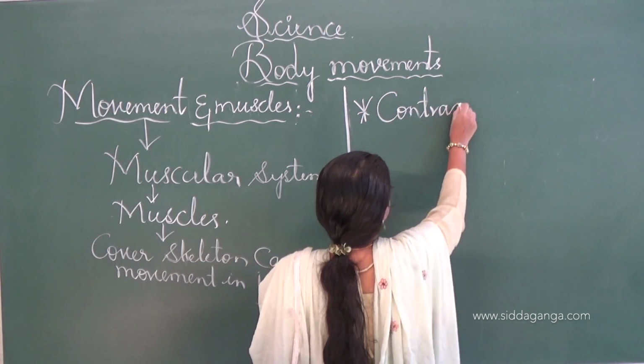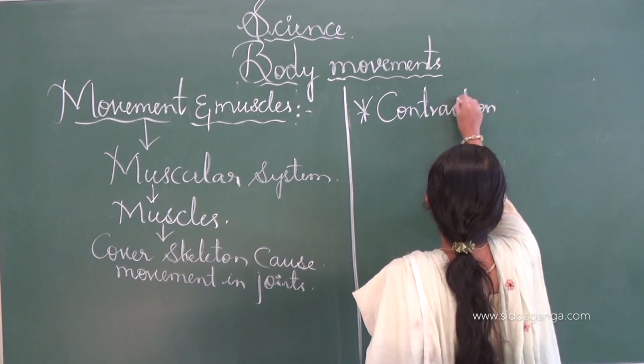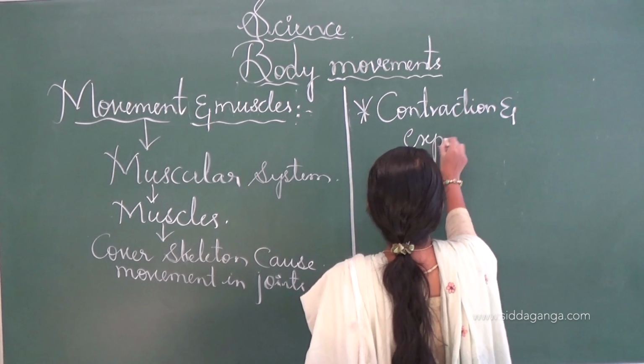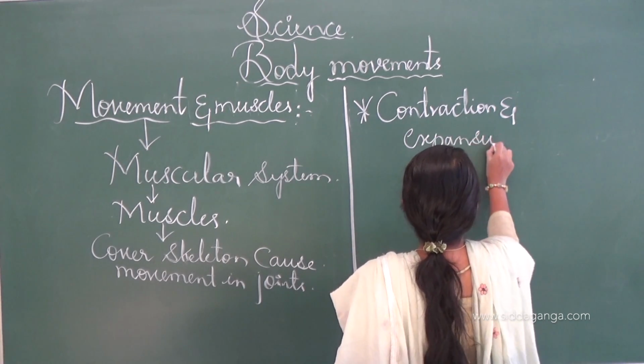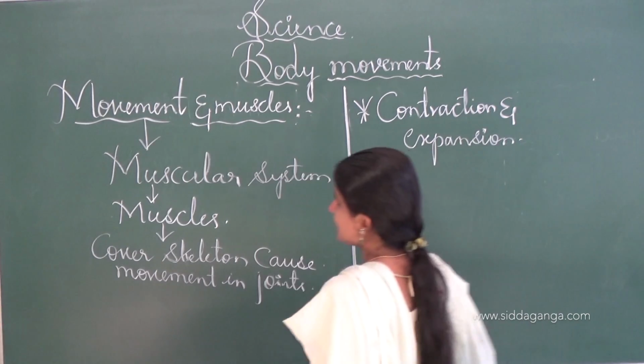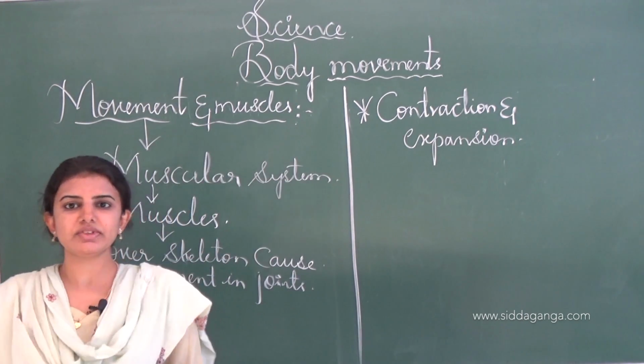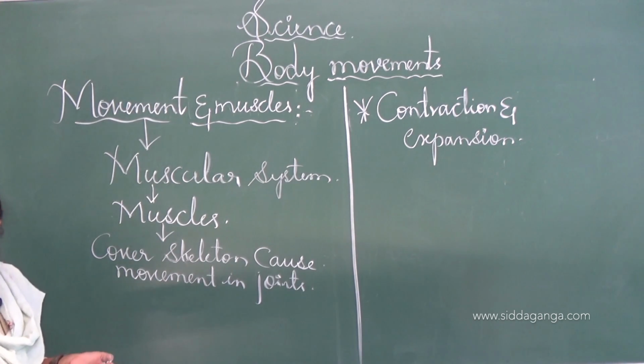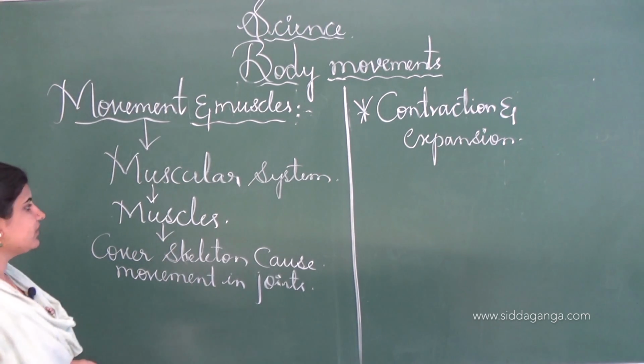Contraction and expansion. Contraction as well as relaxation movements take place in our body, and these muscles work in pairs. For example,